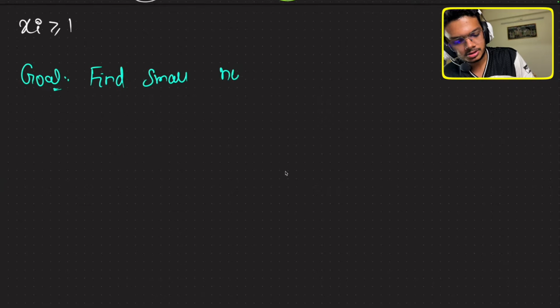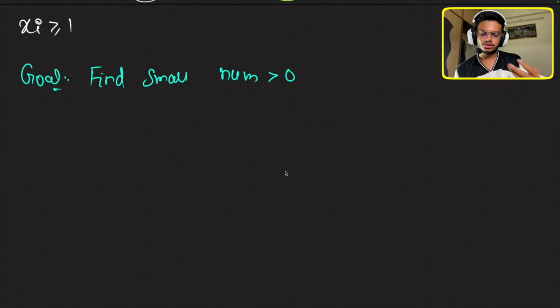Now, if I want to concretize it, firstly we know that xi is greater than 0, or in other words, xi is greater than or equal to 1. That is, each coin value is positive. Our goal here is to find the smallest number, the sum greater than 0 in the positive range,